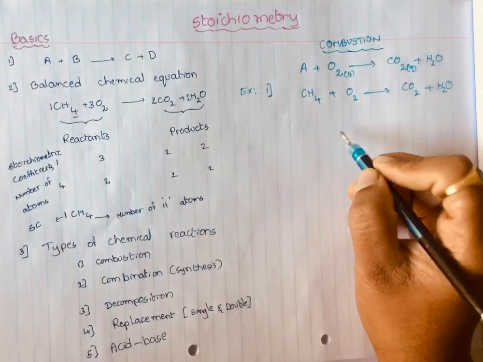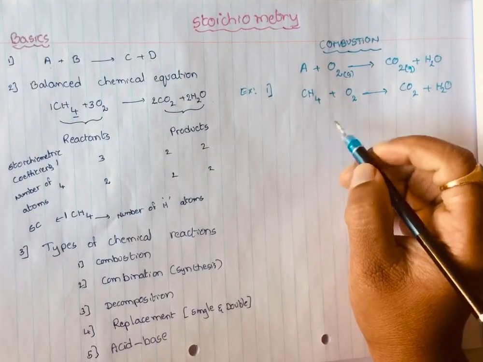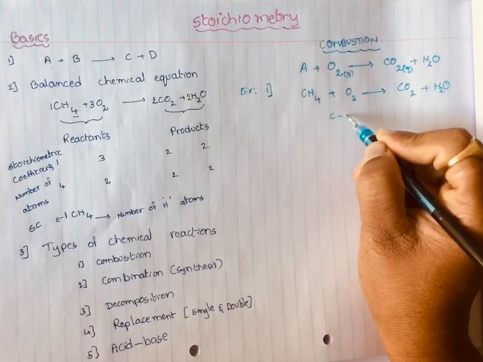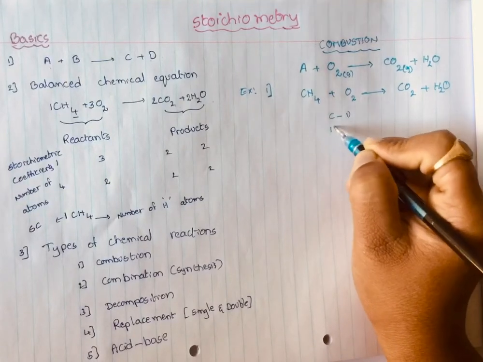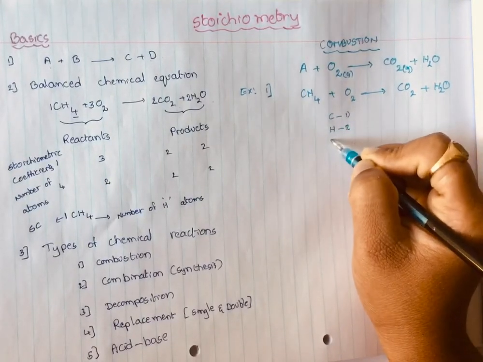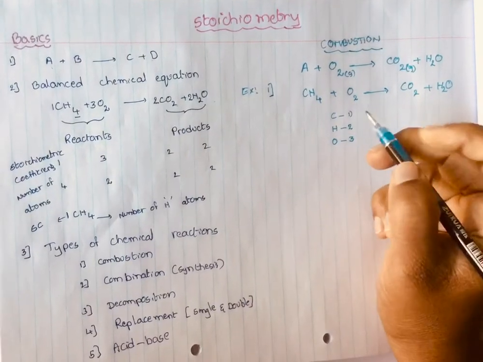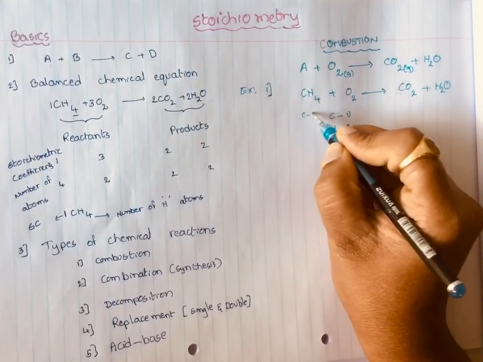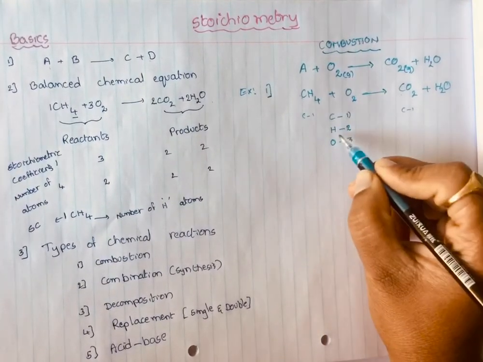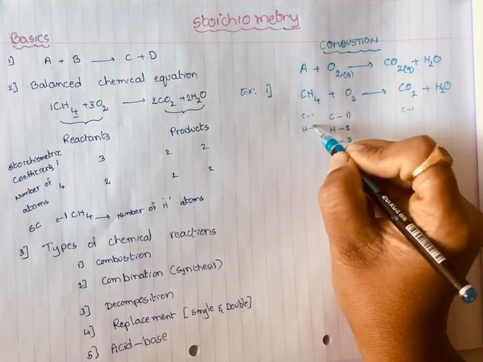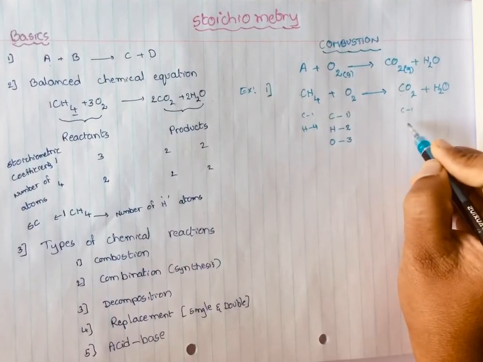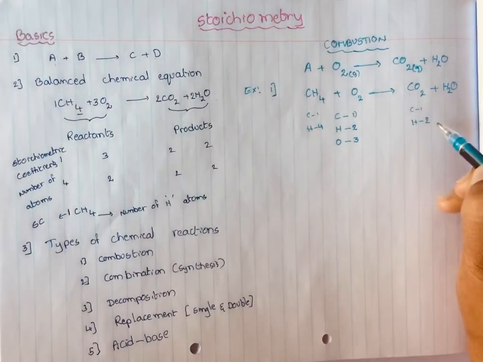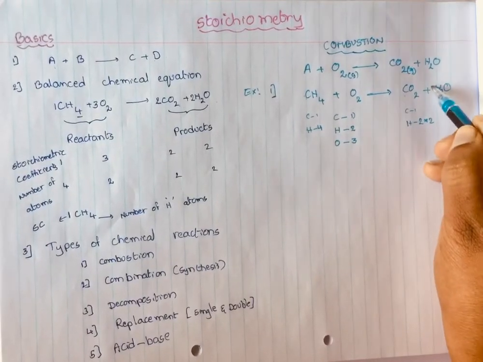How can I balance it? Balancing of a reaction is very important in stoichiometry. For combustion reactions, first you need to balance carbons, the first priority. The second priority is hydrogen, and oxygen is the least priority, the third. So first balance carbon: 1 carbon in reactants, 1 carbon in products, so they are balanced. Next we balance hydrogens. In reactants we have 4 hydrogens and in products only 2, so it is not balanced. I should multiply this with 2, so I write 2.